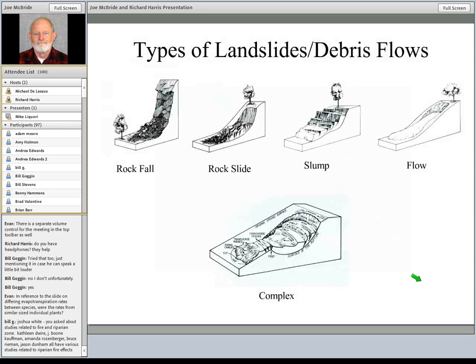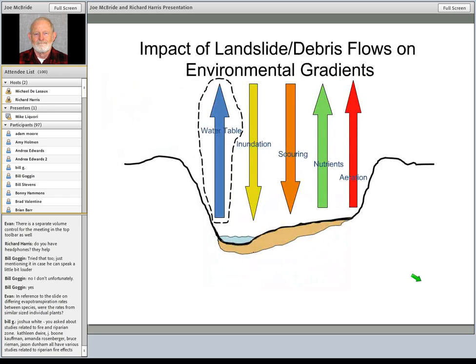The next slide just highlights different types of landslides and debris flows that can take place, from rock falls to very complex movements of slumps and flows along the edge of riparian zones. The next slide highlights, of course, change in the depth of water table that will take place as a result of debris flows and landsliding. And the next slide,